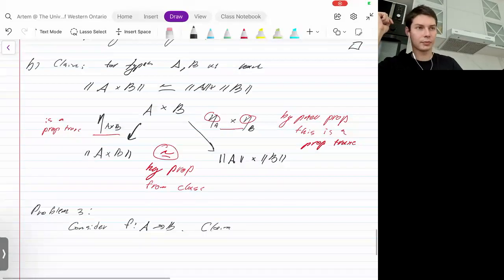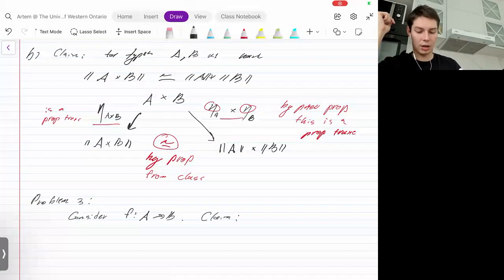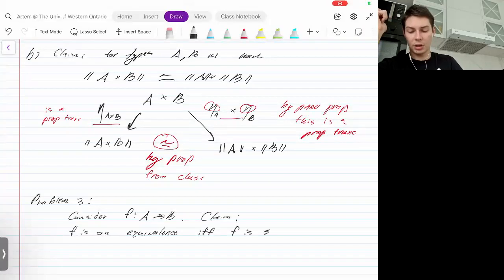Claim: F is an equivalence if and only if F is surjective and an embedding. Okay,